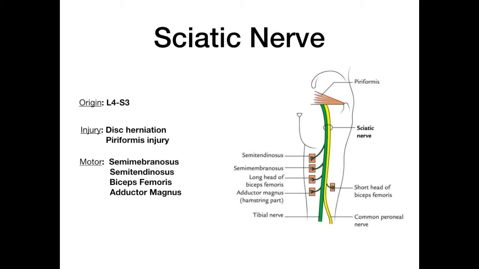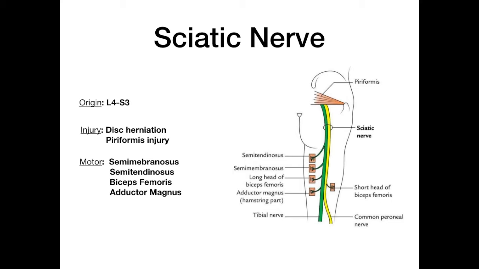But when the muscle's damaged, it pushes on the sciatic nerve right underneath it. And then you get what's classically referred to as sciatica. So damage to the sciatic nerve causing paresthesias in the distribution of the sciatic nerve. Now, in terms of the motor function, the sciatic nerve goes to the semimembranosus, the semitendinosus, the biceps femoris, and